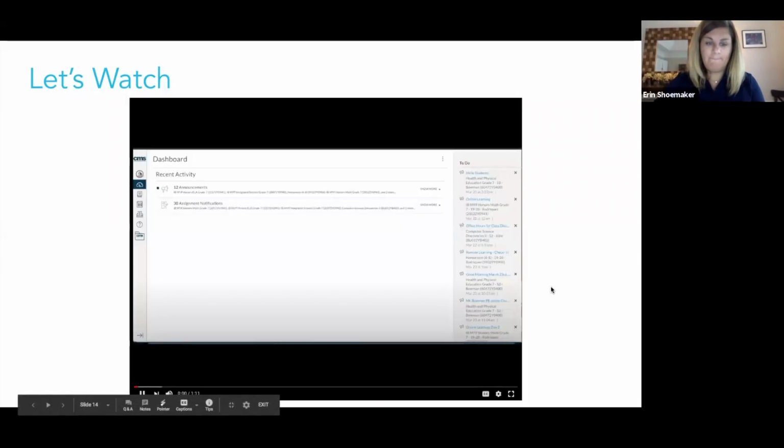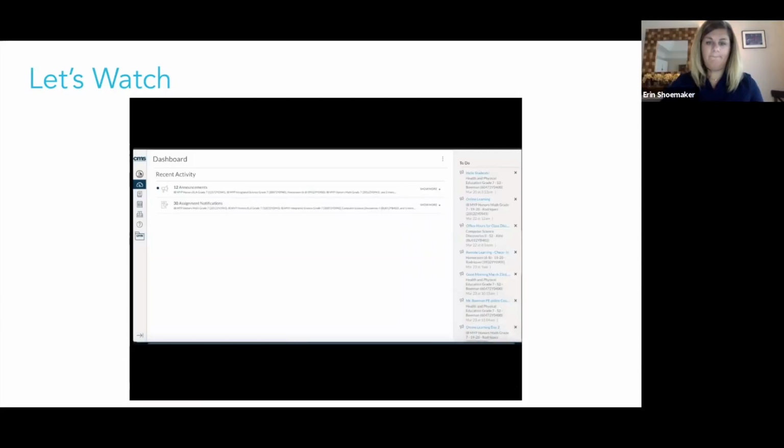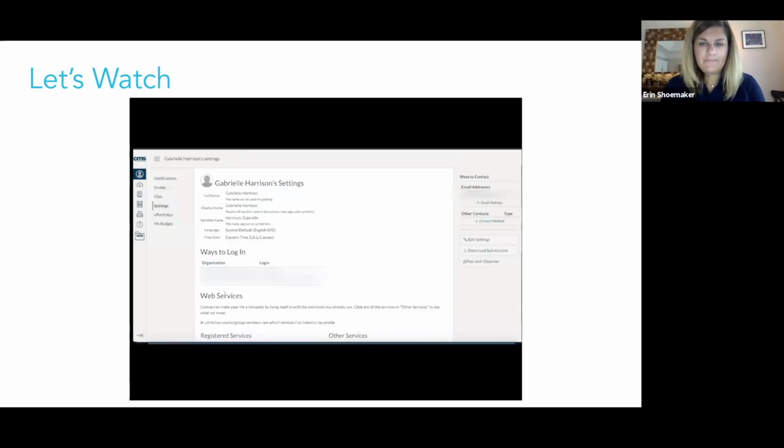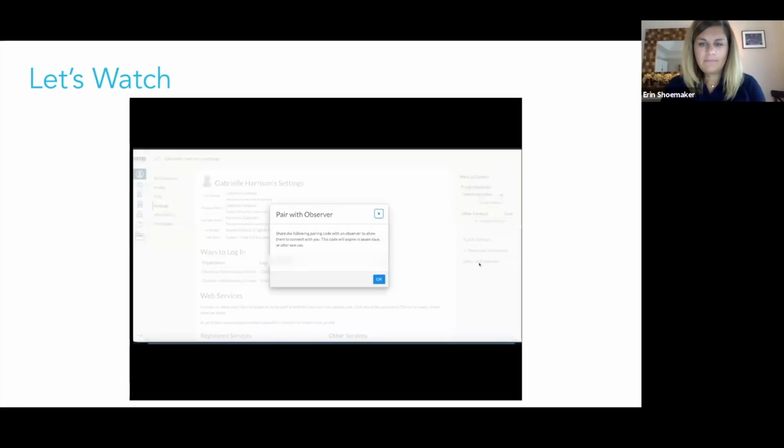To get your student pairing code to go inside your Canvas parent app, first the student will need to log into Canvas. They will select account, then settings, and then on the far right hand side, they will select the button that says pairing with observer. That will give you a code that will last 24 hours that you will be able to enter into the